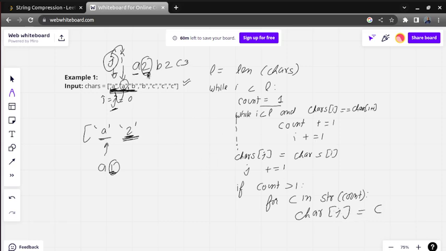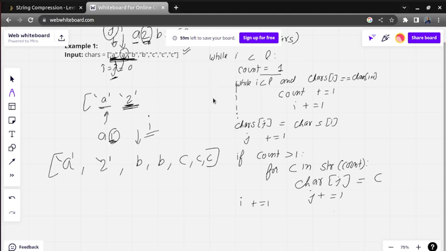So initially our value is 2, so it will add 2 there, and then we are going to move our j by 1. Once this is done, A is done, now we are on the 2, it is also done. Now the rest of the elements are still at the same position. To move forward in this array, we need to increase I by 1. So I plus equals 1. Once this for loop is completed, when we reach the last element, we need to return the length also. So we are going to return j.